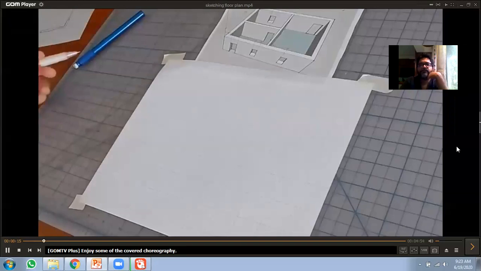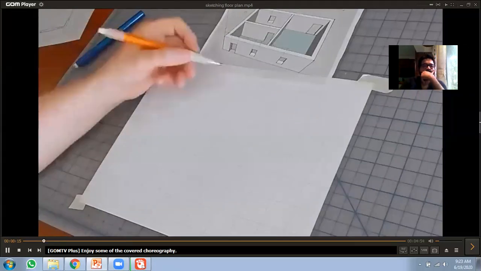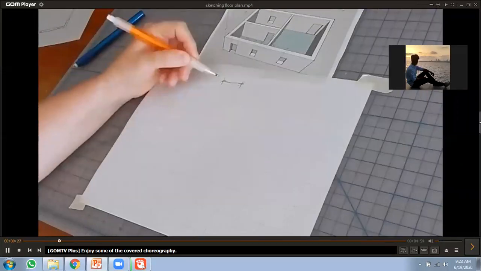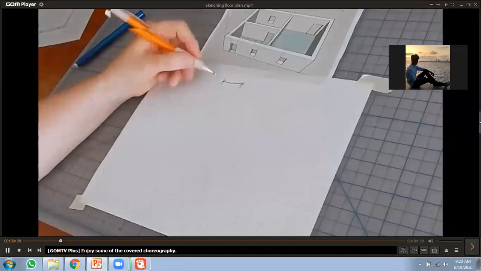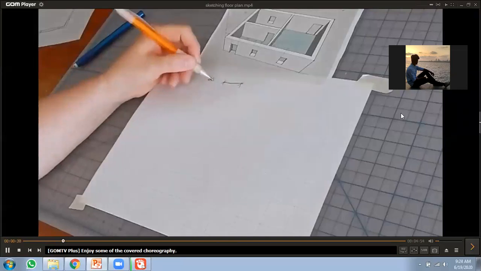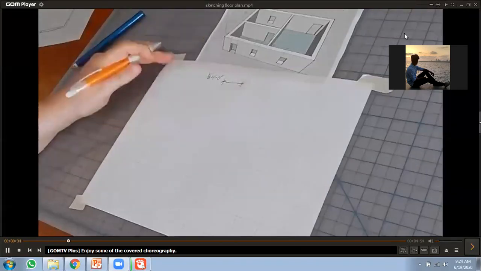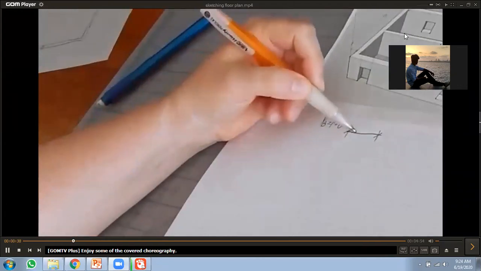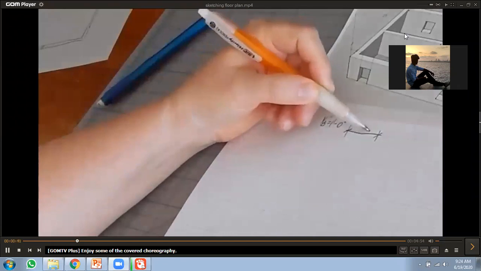I need to assign a value to each of these inch blocks. This is 1/8 inch grid paper, meaning that I can use it as 1/8 of an inch, where each block is a foot. 1 foot, 2 foot, 3, 4, 5, 6, 7, 8.